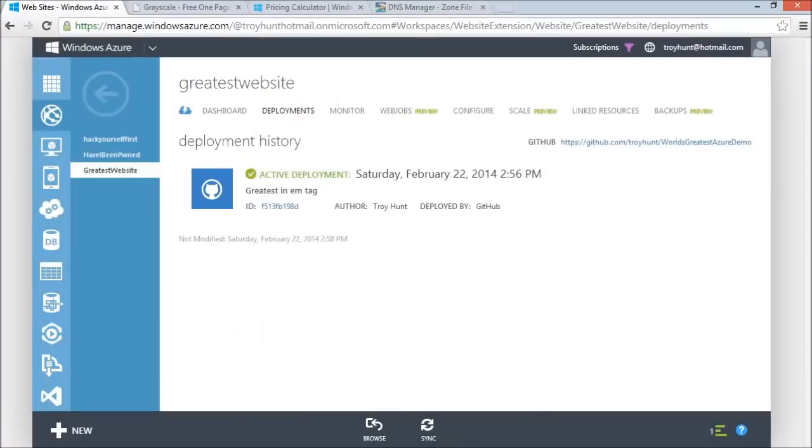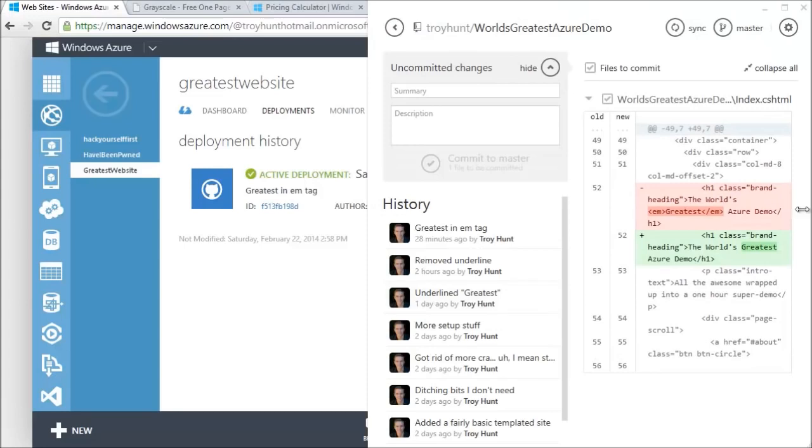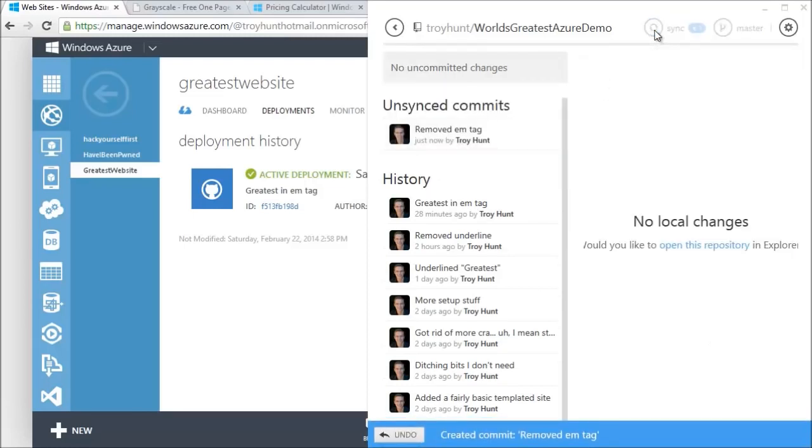So let me now go and grab GitHub for Windows and I'll drag it over here. We have an uncommitted change, which is removing those EM tags. I am going to say, whoops, removed EM tag, like so. Let's commit, let's sync. And because we can still see the browser window behind this, what we should see is